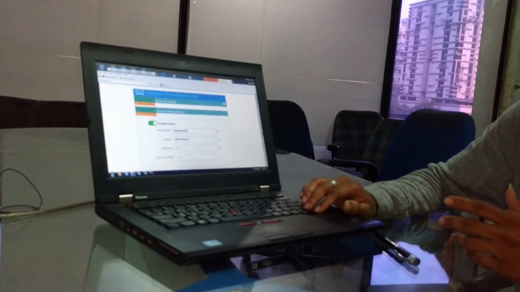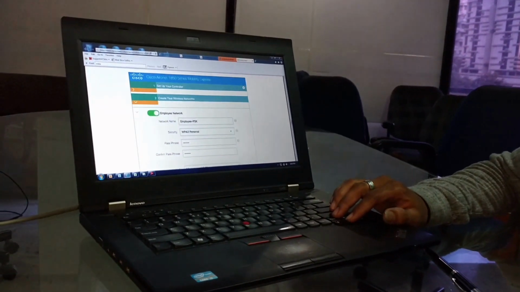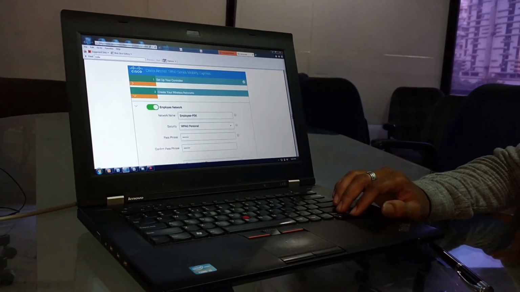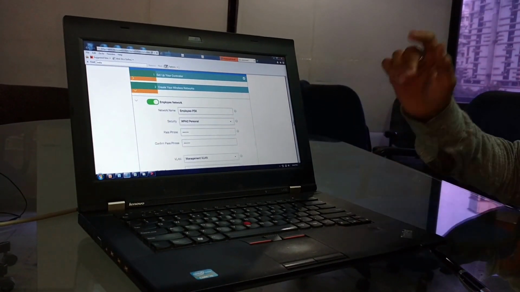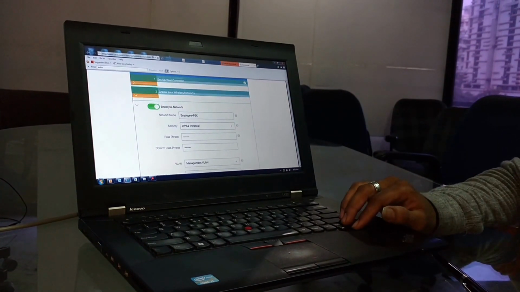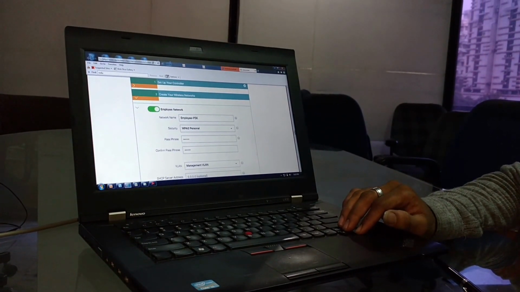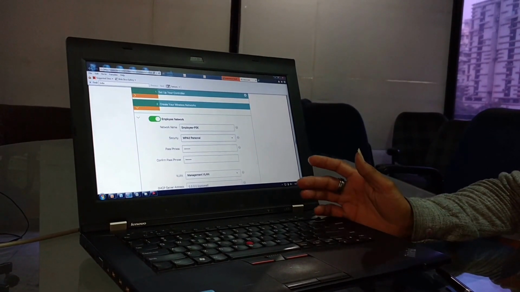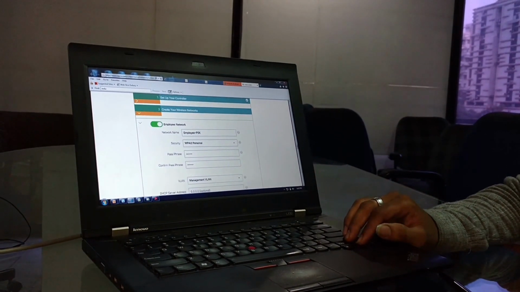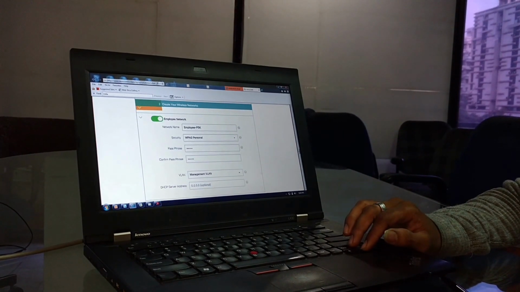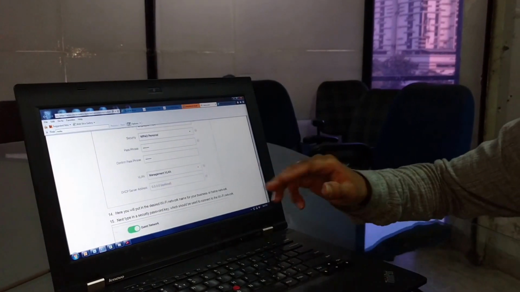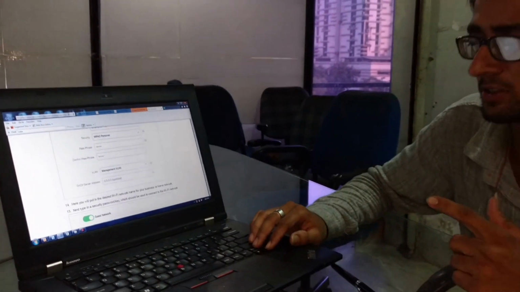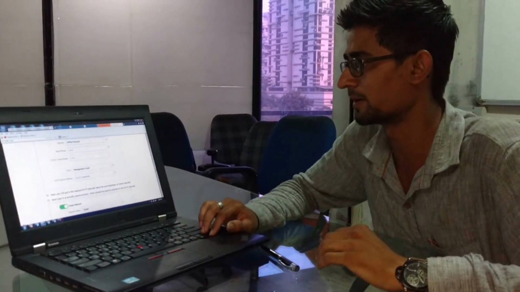That is wireless networks. Here we have to create our wireless network according to our requirement. Here we have to provide a wireless network name, then a security type, which will be WPA2 personal, and we can select our required password which we have to use for the SSID or for connecting to the network. The next option is VLAN. We can configure VLAN also in this AP.